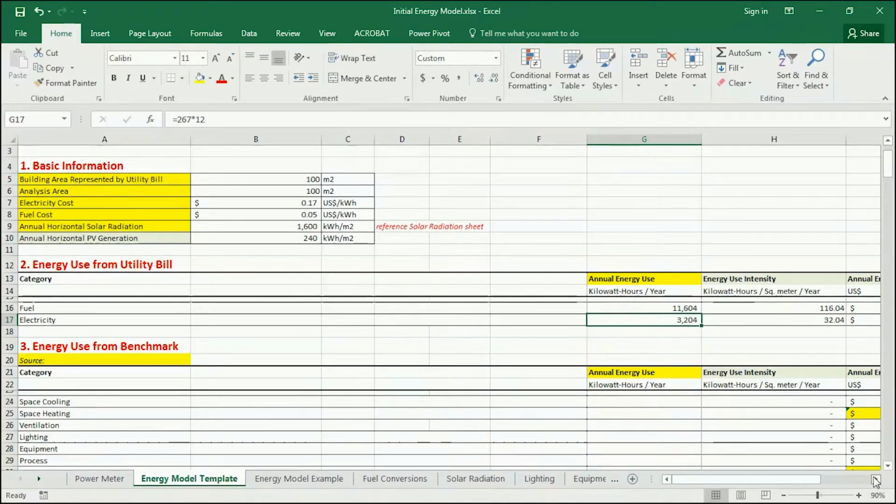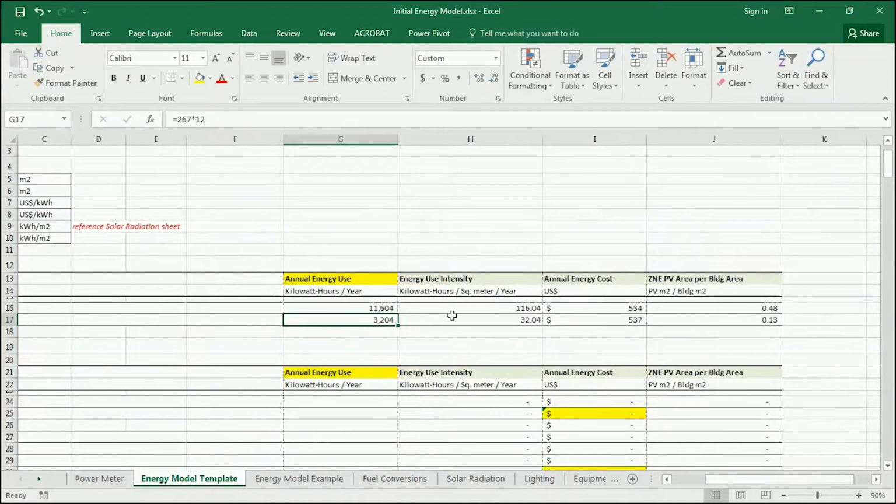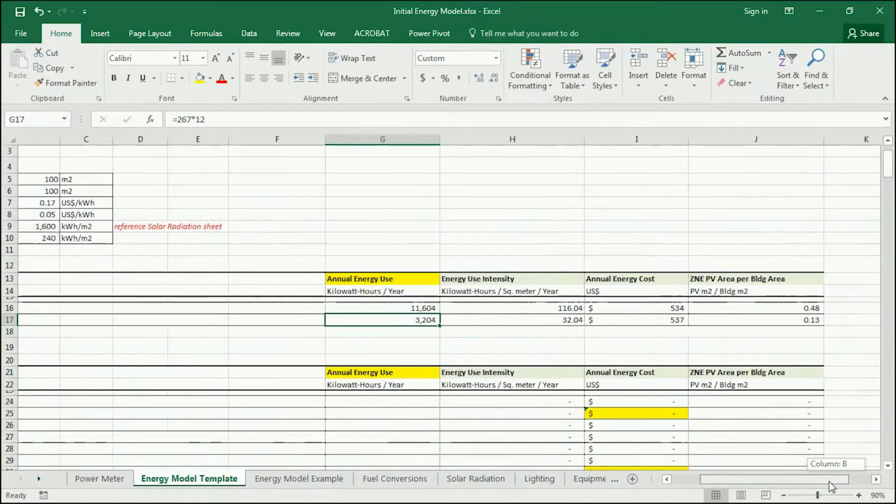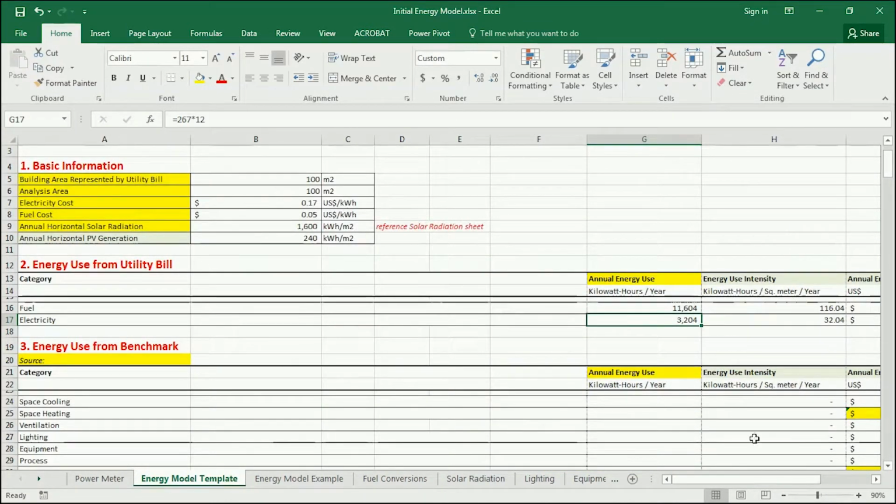And then these fields over here will automatically populate based on the values here. And if you want to see where it comes from, all you have to do is click on it and then click up here, and then it will color code. So what it's saying is it's taking 11,000 kilowatt hours per year and dividing by the area of the bill, or 100, to get an energy use intensity, kilowatt hours per square meter per year. Press enter and you can see what that number is. So 116 kilowatt hours per square meter per year just for fuel, and 32 kilowatt hours per square meter per